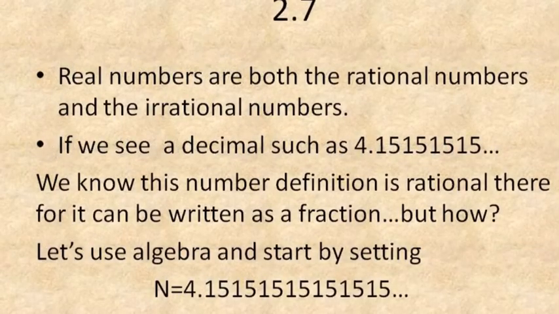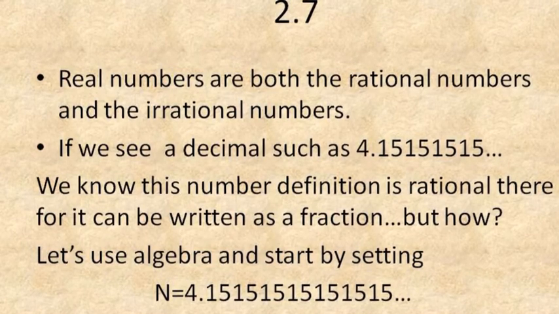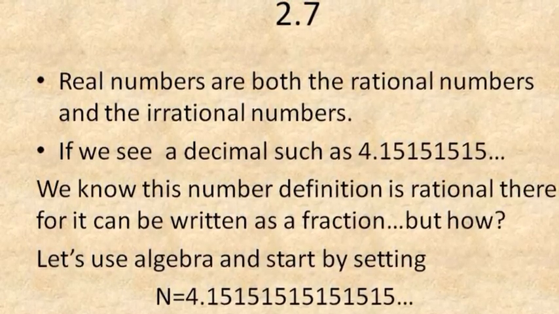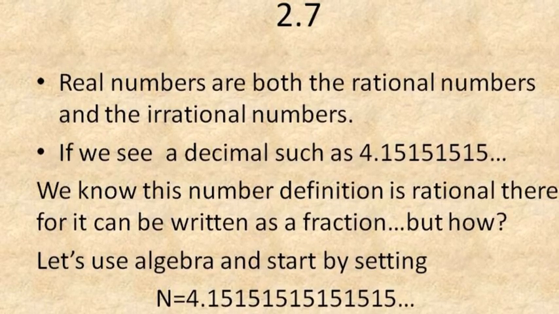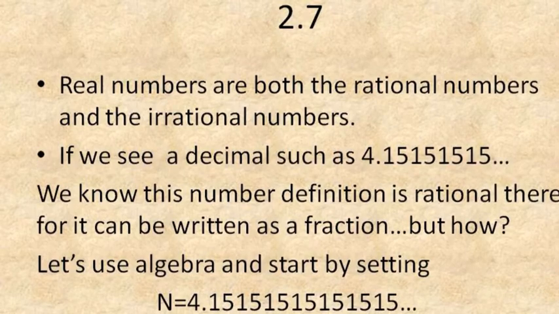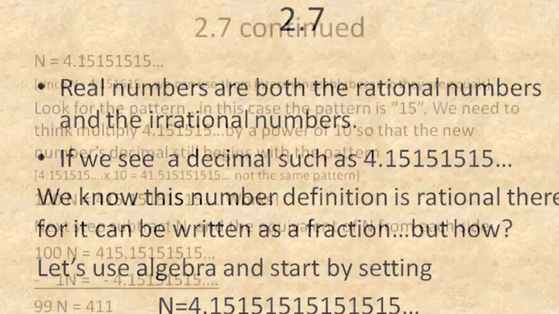The last part of our review is 2.7. Real numbers are both the rational numbers and the irrational numbers. And we learned in this section how to convert a repeating decimal, which we know is rational, into a fraction. So let's review that first. Let's use some algebra and start by setting n equal to